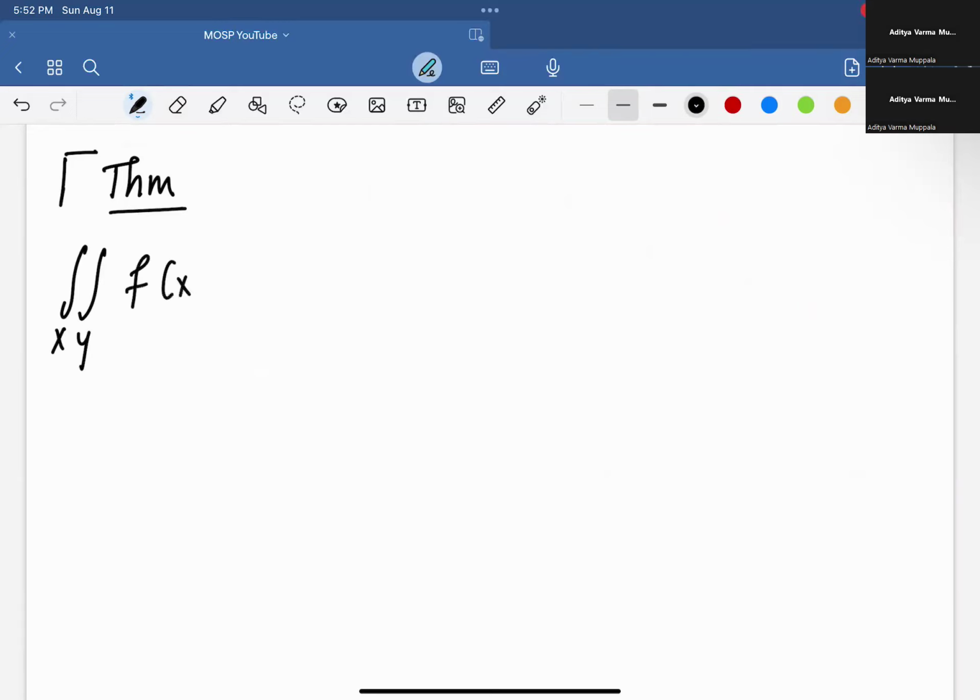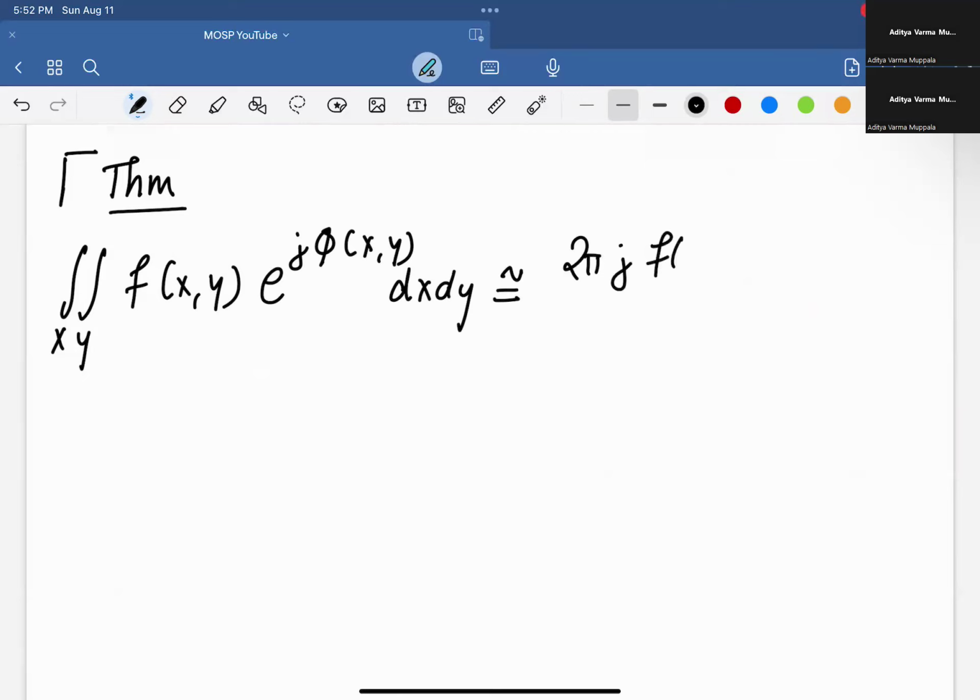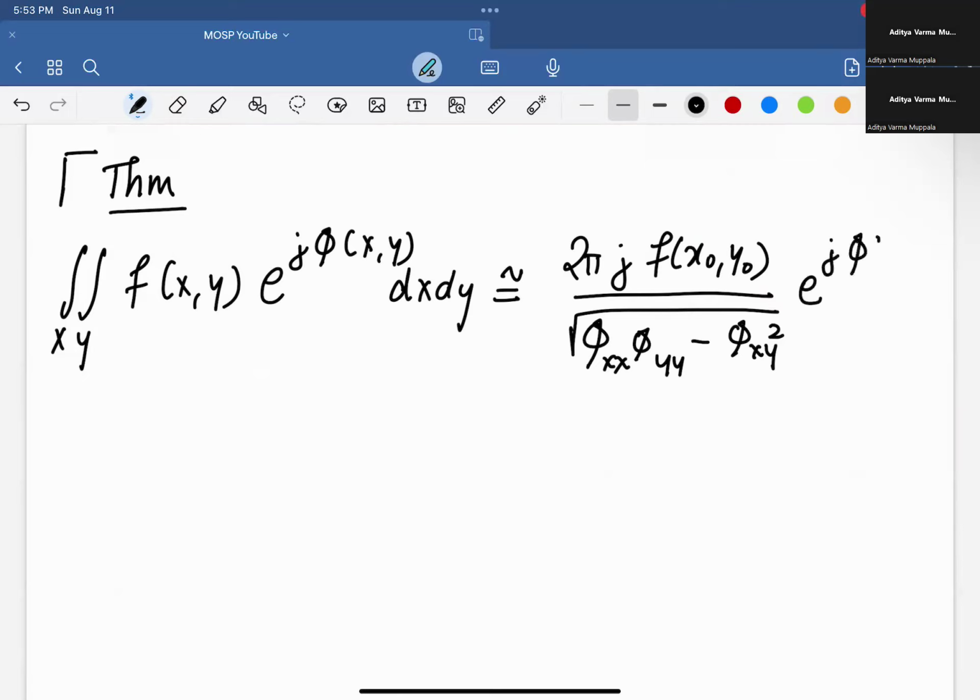the integral of f of x comma y e to the j phi of x comma y dx dy is approximately equal to 2 pi j f of x naught y naught divided by the square root of phi xx phi yy minus phi xy squared, times e to the j phi of x naught y naught, where x naught y naught